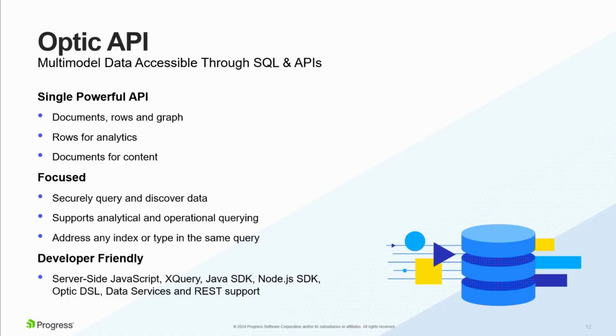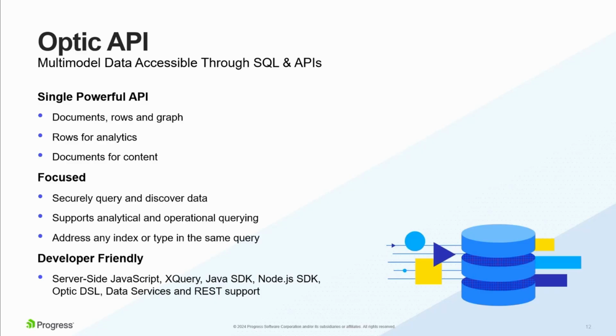The one thing that we have to do ourselves is that if you want to combine your SPARQL query, your relational query, your document filtering, your free text searching, and your GPS stuff all in a single query, nobody does that but us. So we invented this Optic API so that you can have a single query that has all those things in it. You submit the query to us, and we will figure out how to handle each sub-piece for you. So it really simplifies and makes it possible to do all this.